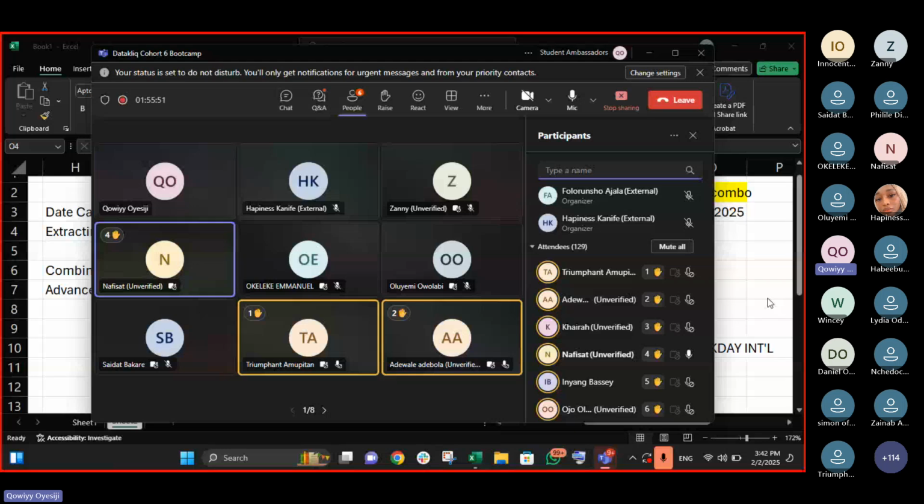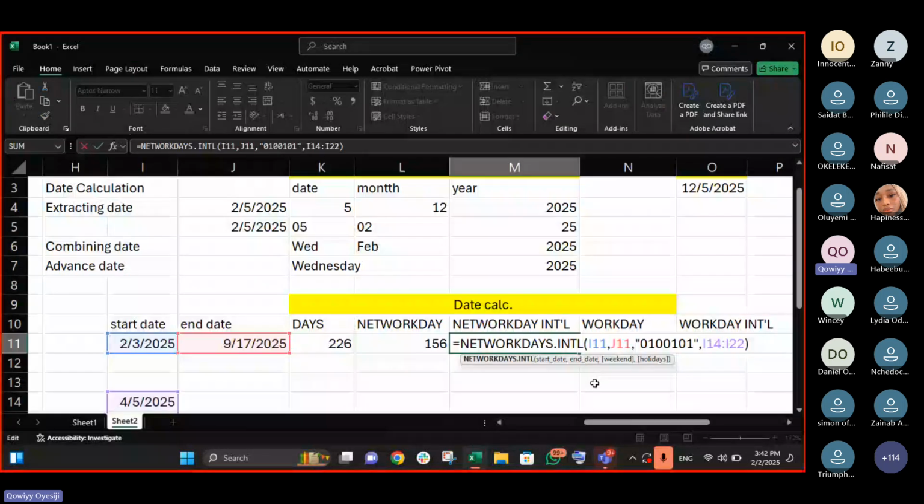Yes. The 0 and 1, it is the way Excel was programmed. It has been programmed that 0 should work as what? As work day, and 1 should work as what? As weekend. Yes, that is where it's programmed, not that I did that myself. So you said our weekend will not be Tuesday, Friday, and Saturday, I think. Yes, we are the ones that choose it ourselves.